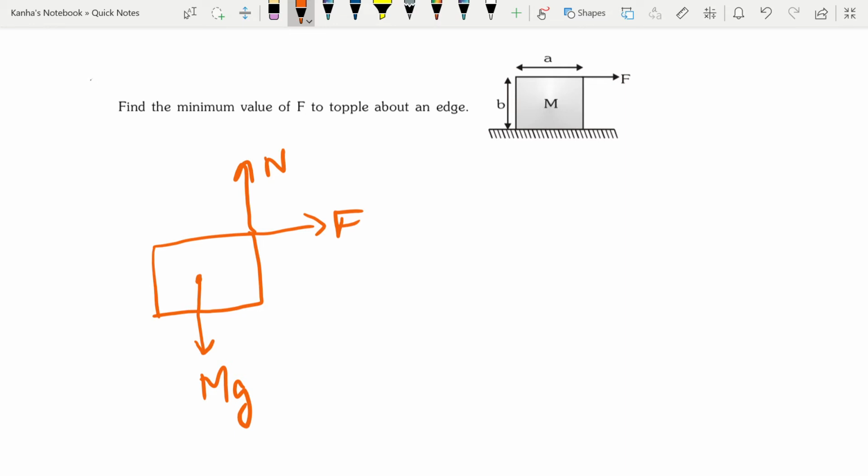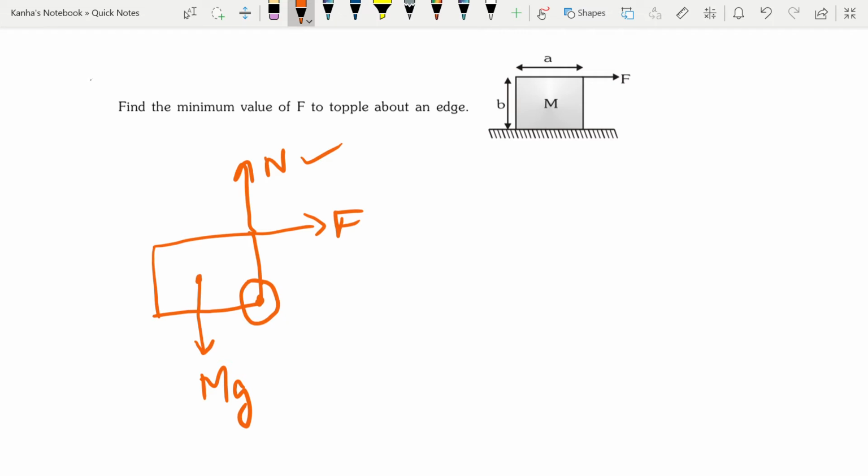Till now, when we were just talking about forces and not talking about rotations at all, we used to draw the normal reaction anywhere near the center and be over with it. But now in the case of toppling, if I act my normal reaction along one of the edges, then I need to find the torque about a point, let's say about a point O. So this will topple if there is no net torque about it. If there is a torque, what will happen is this edge will go down. So this is the condition for toppling.